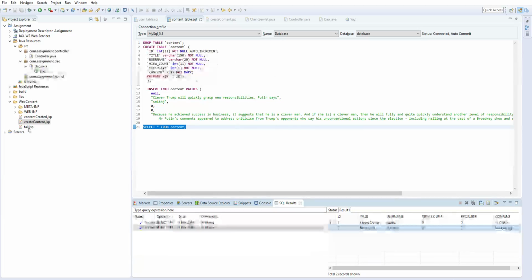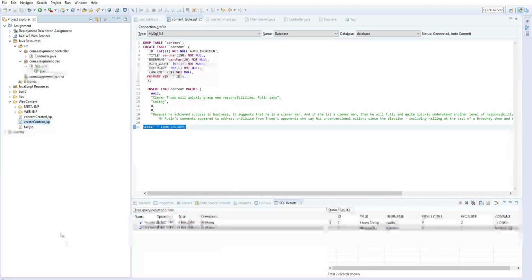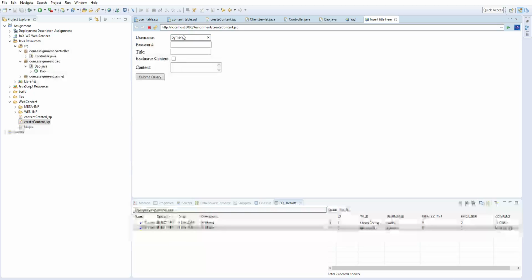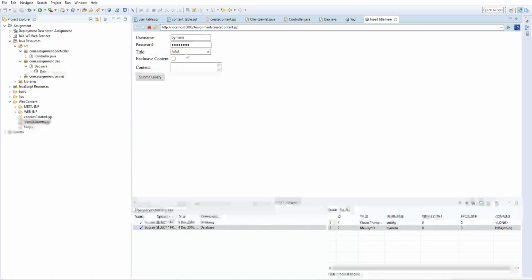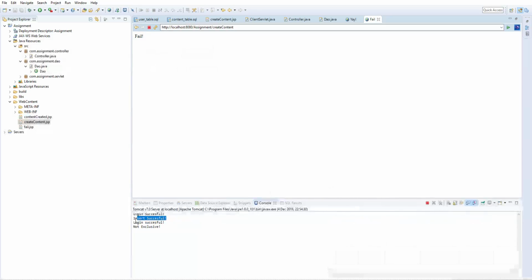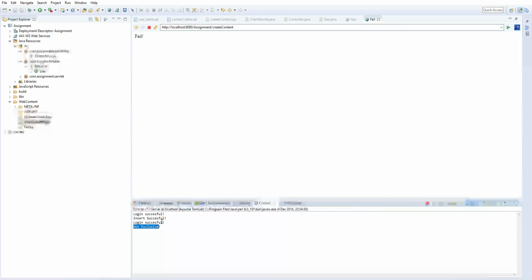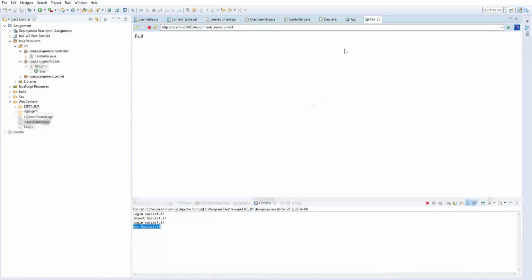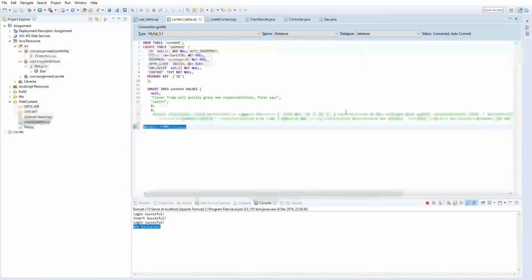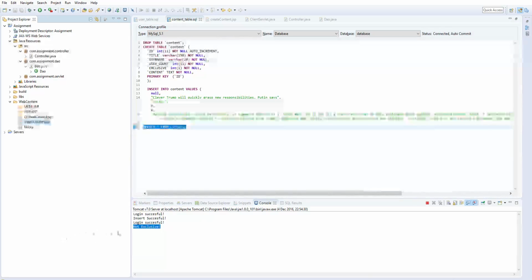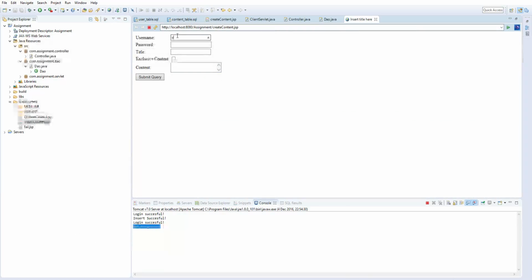If I run this again, this member here isn't an exclusive member. So if I try to make exclusive content, it won't allow me. The login was successful this time, but he's not exclusive, so it fails. And then if I run it as a member who can make exclusive content,